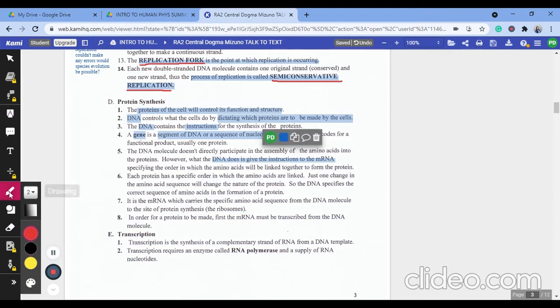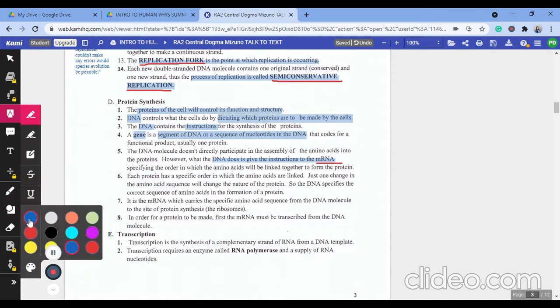I think I will just write this in red. Each protein has a specific order in which the amino acids are linked. Just one change in the amino acid sequence will change the nature of the protein. So the DNA specifies the correct sequence of amino acids in the formation of the protein. It is the mRNA which carries